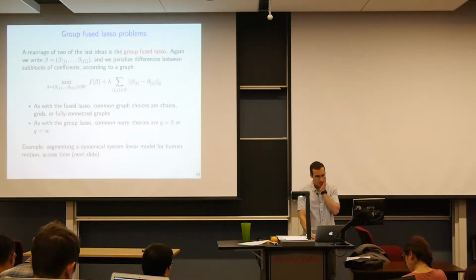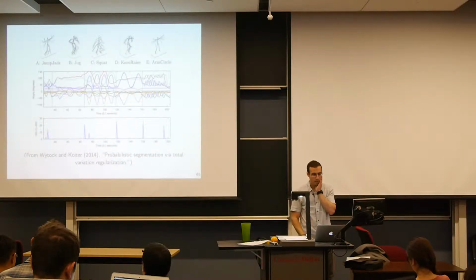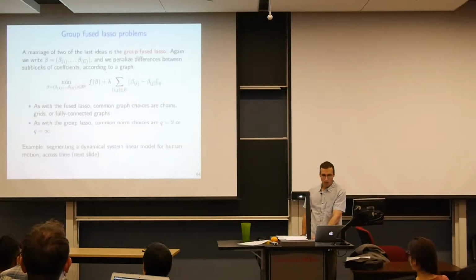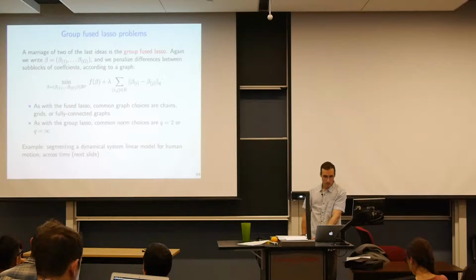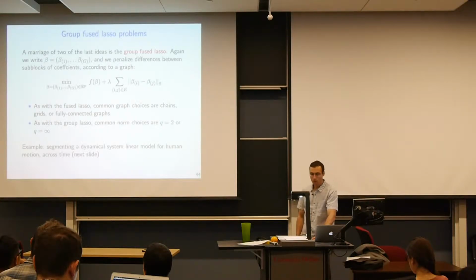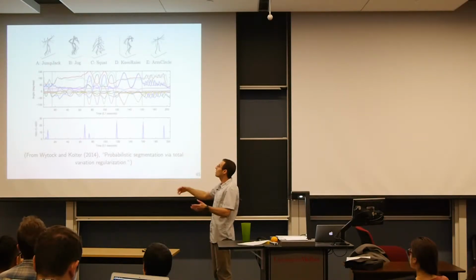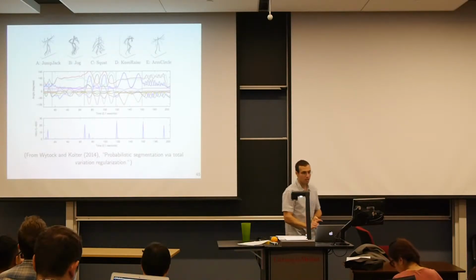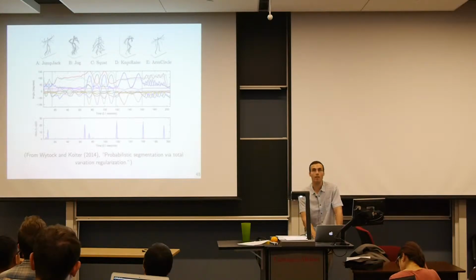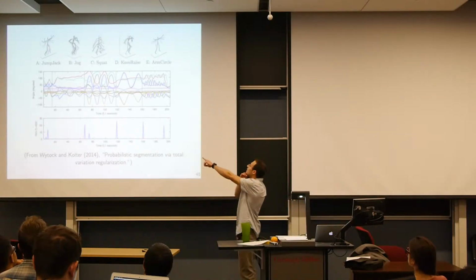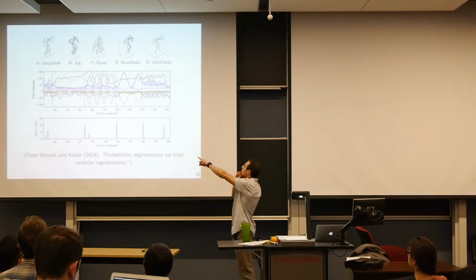So this is a nice example. We'll just go through this one example real quickly from a paper that Matt wrote with his advisor. In this example, there's a model for human motion, and different motions are being performed across time. So for some increment of time, the amount of time being unknown, suppose some model is performing jumping jacks, and then it starts jogging, and then it starts squatting, then it starts doing something else, and starts doing something else. And Matt, you can cut me off if I'm not explaining this properly, but as I understand it, the goal is to